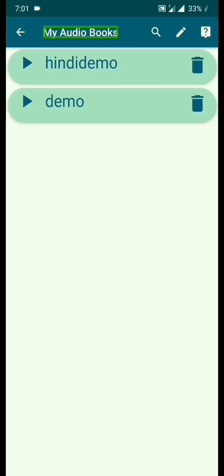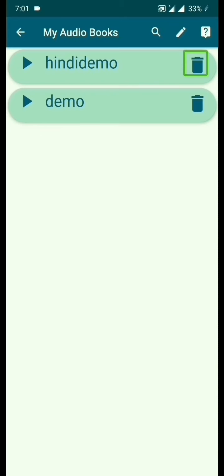Here, if you swipe right, Search for audiobooks button. Create audiobook. Learn how to read audio. Hindi demo. So there is this Hindi demo audiobook. Double tap to read. If I swipe right, Delete Hindi demo audiobook button. It says double tap to delete audiobook. Hindi demo audiobook. Double tap to delete audiobook.